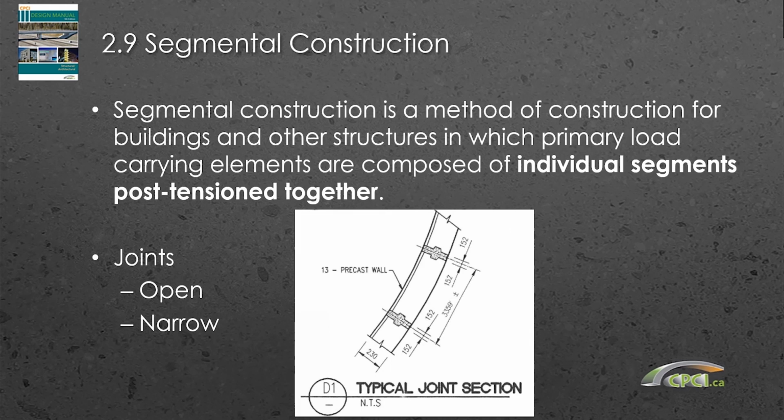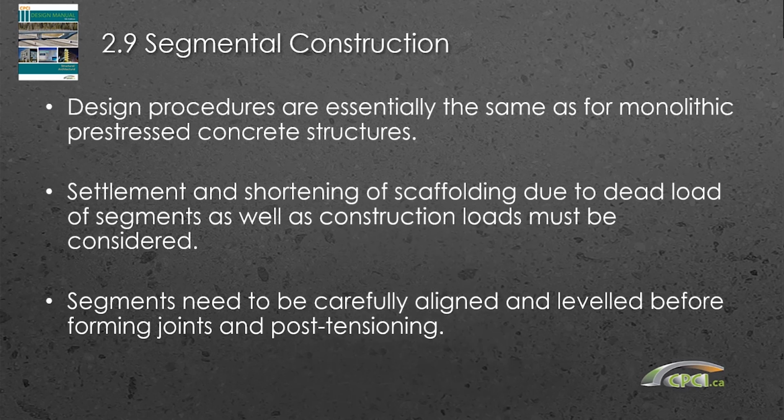There's one section at the end of Chapter 2 on segmental construction that could apply to post-tension tanks or post-tension trapezoidal box girders, has some good information about joints. Post-tensioned segmental construction is when you're tying the individual segments together on site. With post-tensioning, there's some simple design procedures. It's basically the same as precast, except you have additional items to consider, such as settlement and shortening of scaffolding